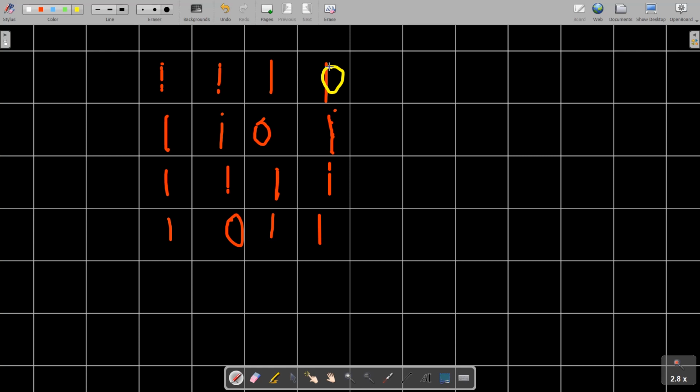Then we have forgotten about the very first row and very first column. But what about the case where the very first row has a 0 somewhere in this particular row? We need to keep track of that also, because if this is 0, all those cell values lying in this particular row will have the new cell value 0. Similarly, if any 0 is present over this particular column, all the cell values lying over this column will have the value 0. We need to keep track of that also.